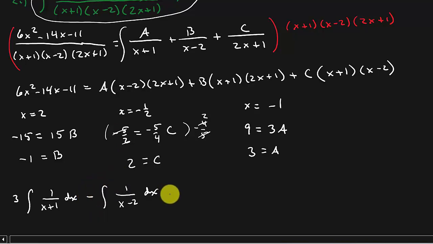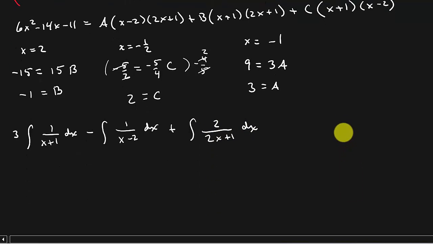See, it's plus negative 1, but I'm going to pull the negative sign out. All right. And then plus, and then c is 2. So I can pull the 2 out. I'll explain that when we work the problem, but I'm going to leave it in there, and I'll show you why. Okay. All right. So let's look at this. So we've got 3 times, and then this is what? This is just the natural log of x plus 1 minus, and then this is the natural log of x minus 2